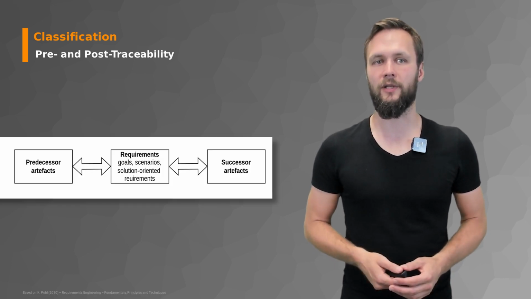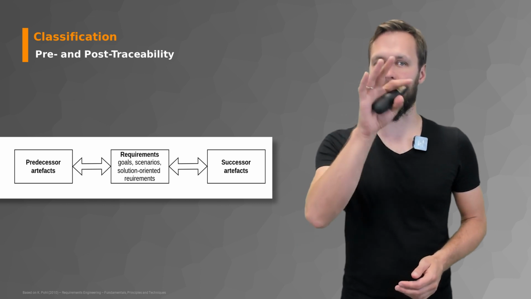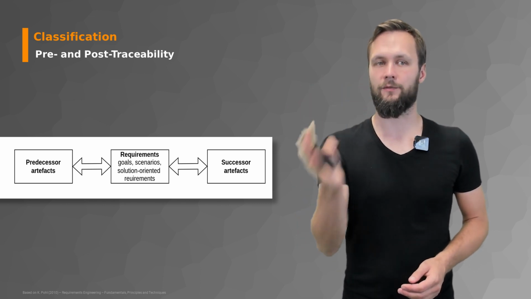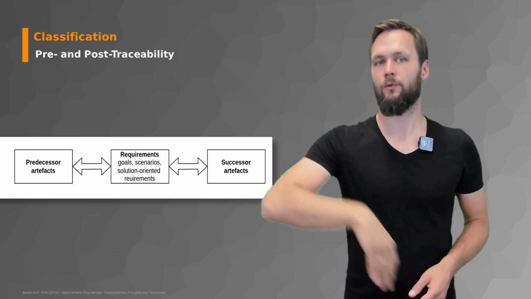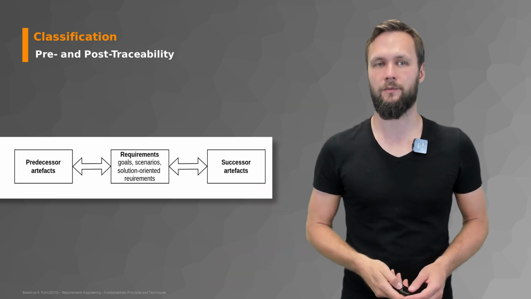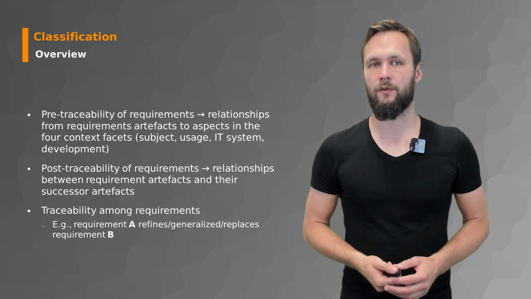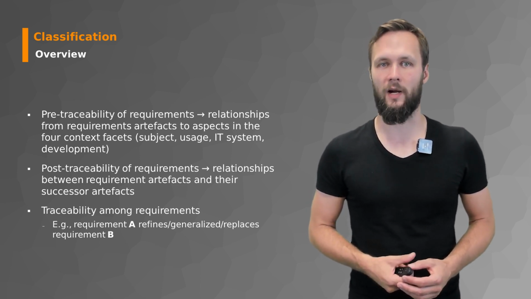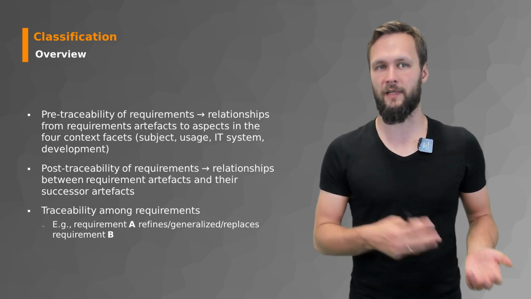Next, we're going to talk about the classification or different types of traceability that we're concerned with. On one hand, there are pre- and post-traceability. So you have your requirements, goals, scenarios, and other inputs, and you have predecessor artifacts to those or successor artifacts to those. So pre-traceability of requirements is therefore concerned with the relationships from requirement artifacts to aspects in the 4